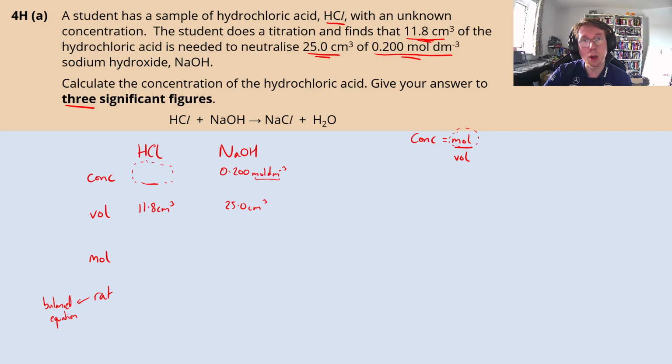So we are going to need to rearrange this equation in terms of the number of moles. If I multiply both sides of the equation by volume, what I end up with is concentration times volume equaling the number of moles. So to get this value here, I'm going to have to calculate the concentration multiplied by the volume. However, before I do that, there is a slight catch, and that is that my volume has been given to me in cm³, so I must convert it to dm³ in order to do my calculation. Now to do that, we've said already that we need to divide the number by 1000, and that will give us